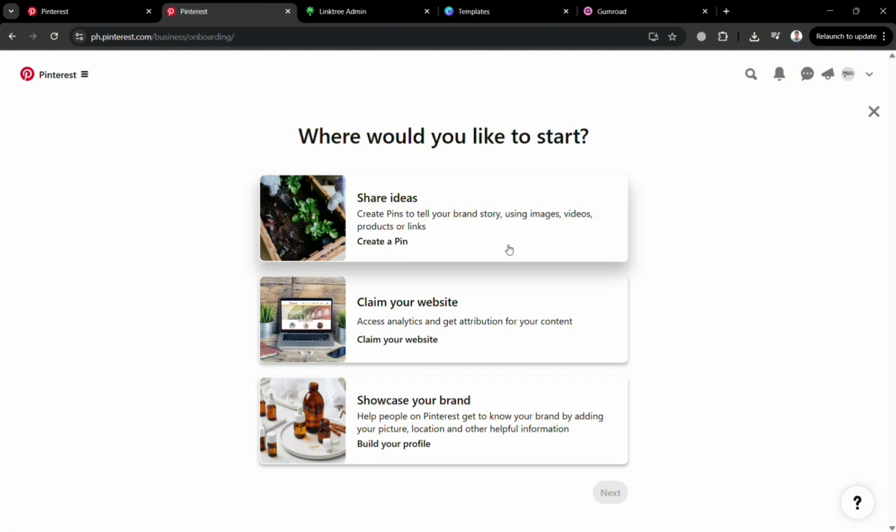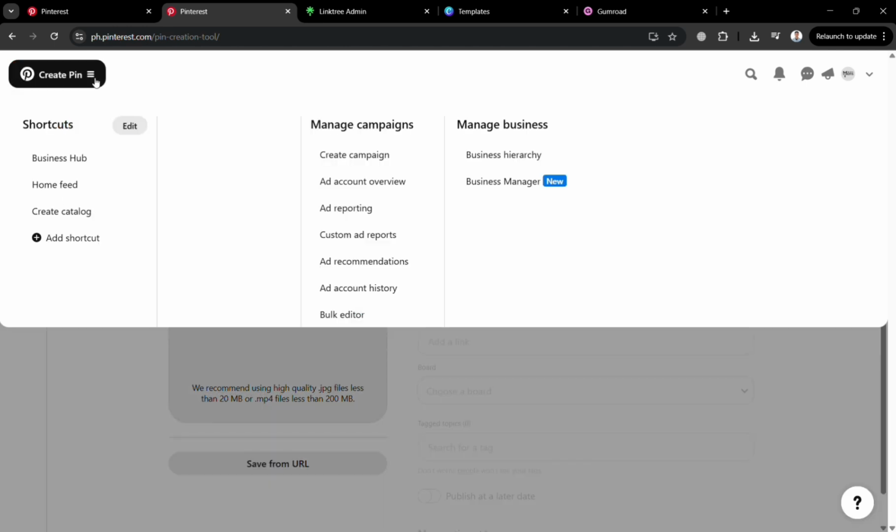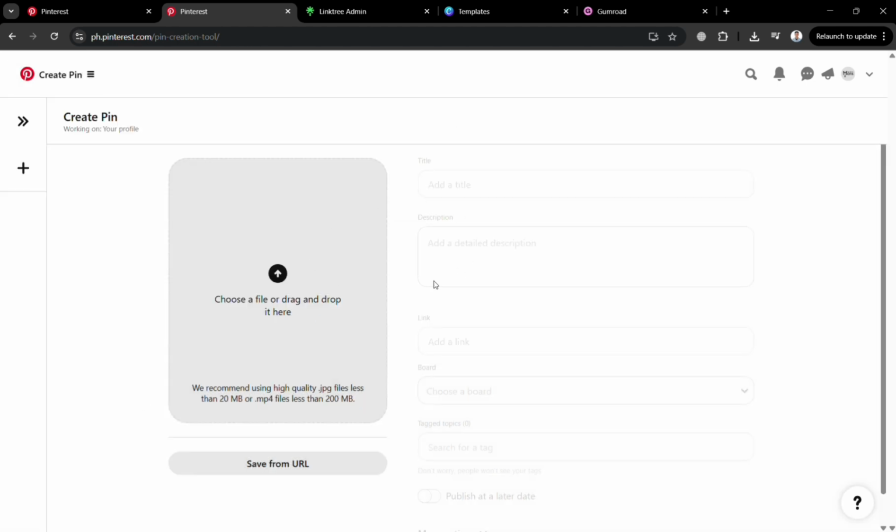So you could also share ideas to create a pin by clicking this one. And from here, you can start creating a pin. On the top panel, it will show you that you could also manage your campaigns, manage your business, and many more. But since we're trying to create a new pin that will help us in selling ebooks on Pinterest, and if you don't have any ebook ideas, you can create a new one by going to your